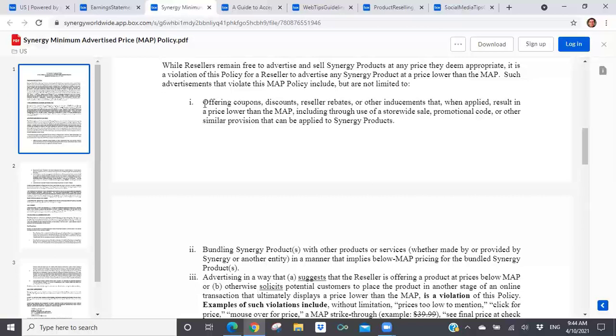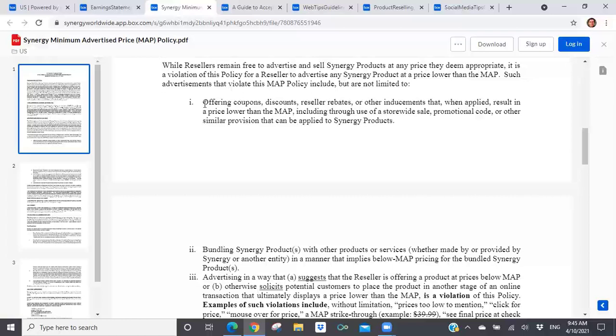Now, next question. Let me finish on this. From a marketing standpoint, what you could do is, if the person's buying the product from you, that's one thing. If you're doing them through Synergy worldwide for product fulfillment, that's a different track. But what you could do either way is, if you're selling directly and shipping them the product directly, you could put into that box a coupon for their next order,